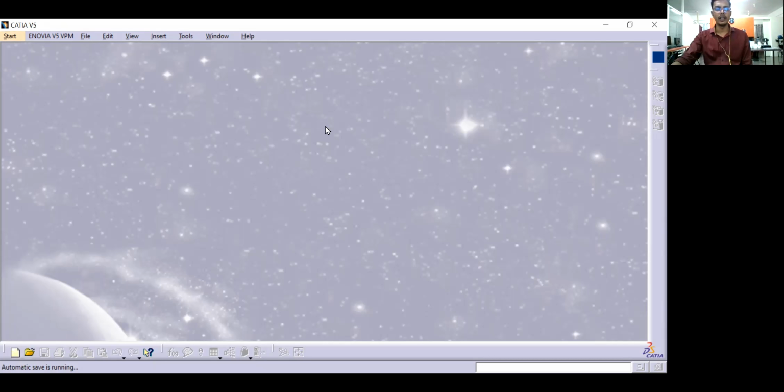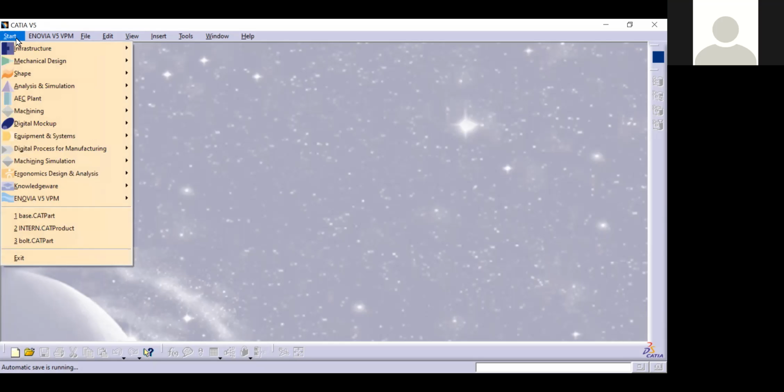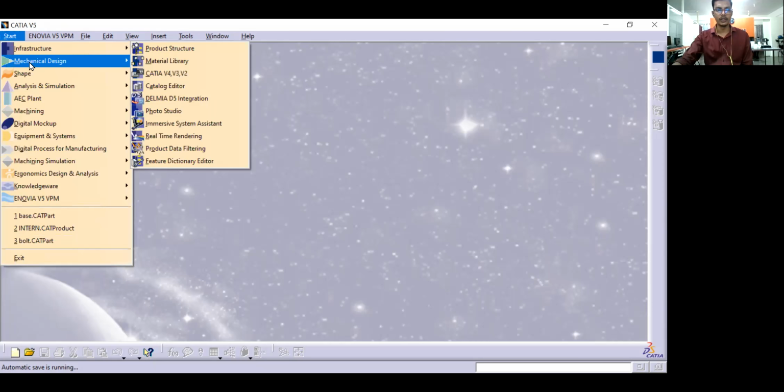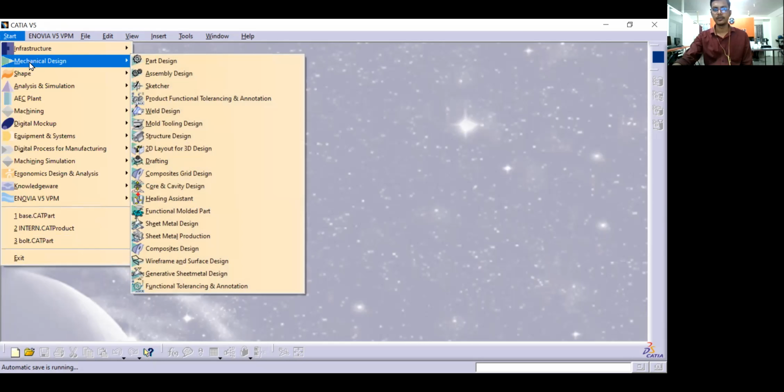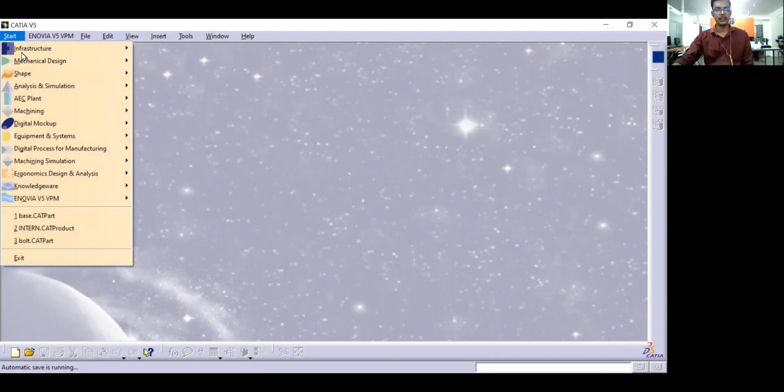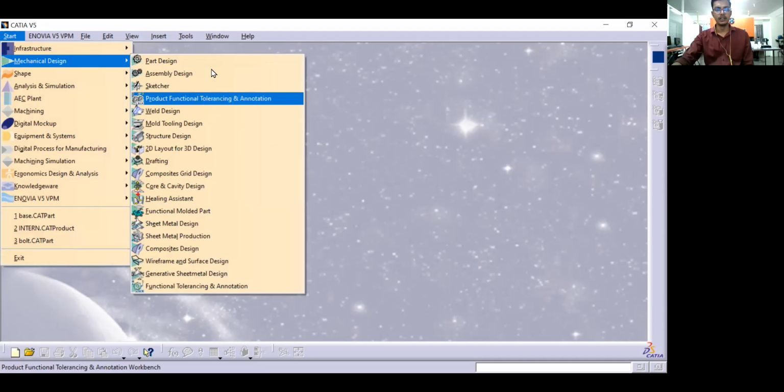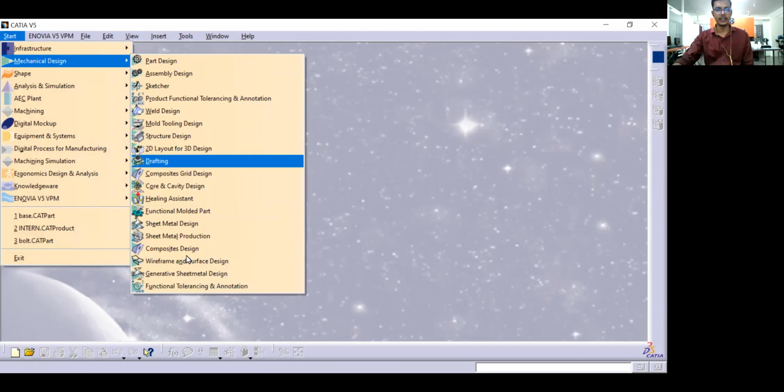To enter into any workbench, you just need to click on Start. Can you see the Start here? Yes, sir. Just click on Start. Then we have to move to Mechanical Design. We work in Mechanical Design, right? Yes, sir. Once you click here, you'll see this. You'll get all six workbenches here itself.